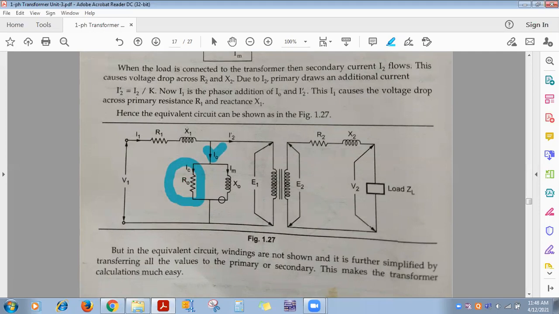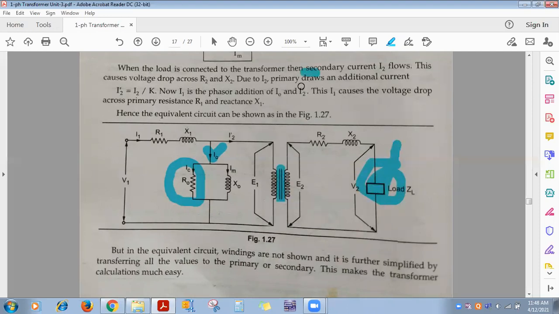Again, what do you think if you are not going to put any load on the secondary? The flux flowing through the core, does it remain constant from no load to full load, or does it change? We have seen this number of times: it remains constant. Transformer is a constant flux machine. On the secondary of the transformer, you disconnect the load, that is no load, and you go on changing the load from no load up to full load. Still the flux in the core remains constant.